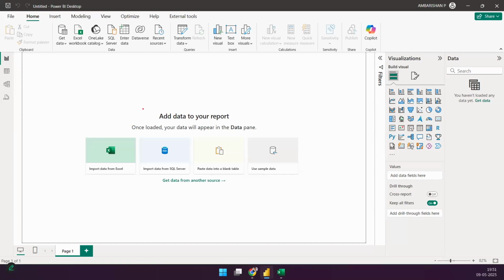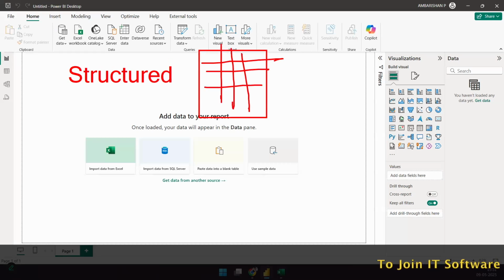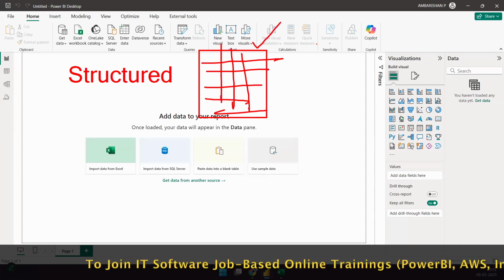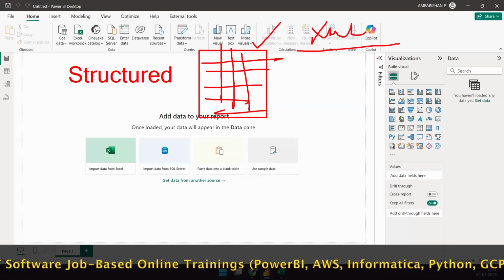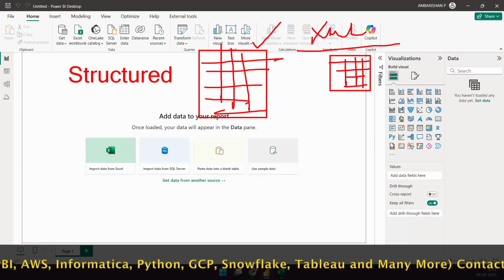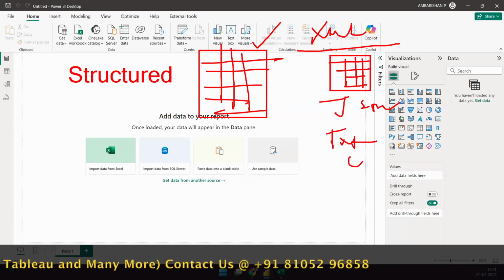Okay. We need to bring in the data, and the data has to be in, what is it called? In a structured format. Okay. When I say structured format, it has to be in a tabular format. It's always going to be in a tabular format. It can be in any format. Let's say it's an XML. XML can be further decoded to have that in a tabular format. Let it be a JSON file, let it be a text file, let it be a CSV file, let it be